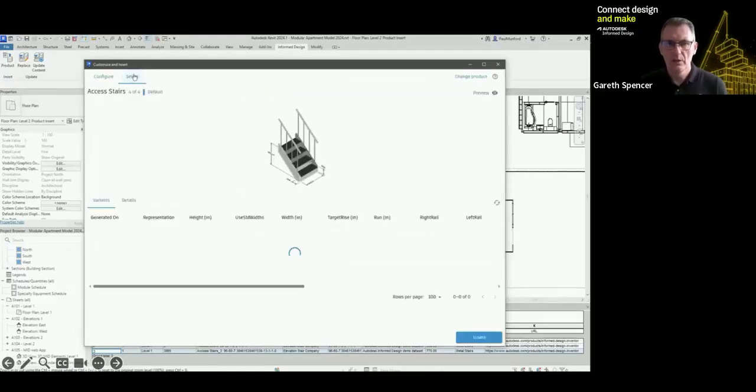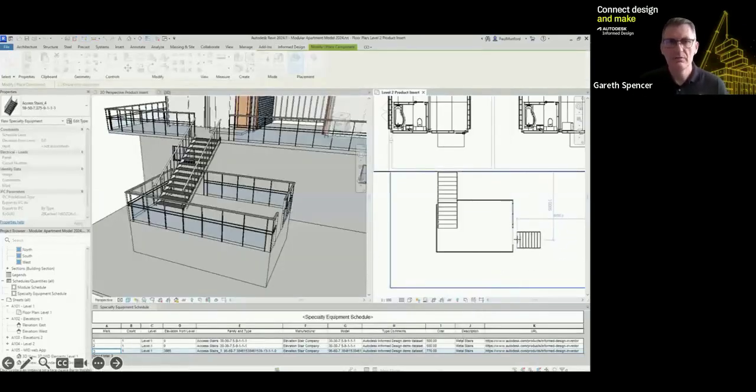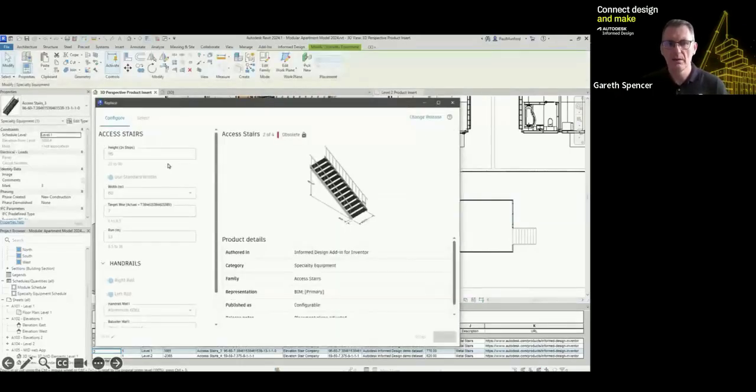We're going in, we're going to go configure and look at that. Now, the best thing about this, you can see on the screen here, these have been pre-configured. So anyone who has access to the informed design workflow here, they don't have to configure each size and type every time. If someone does it as part of the team, others will have access to that to allow them to do the